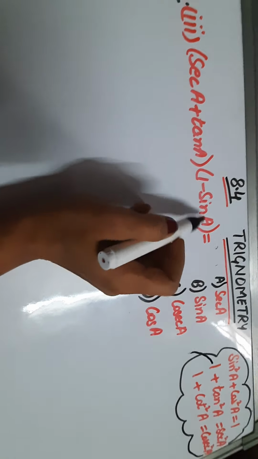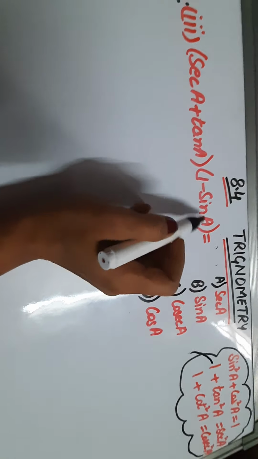We can write 1 by cot, but I told you we have to convert them into sine and cos. And the second bracket will keep it as it is. Now, again the automatic step will be, because fractions are there, addition subtraction is there, we have to take the LCM. So cos A is commonly there, so we'll take cos A.